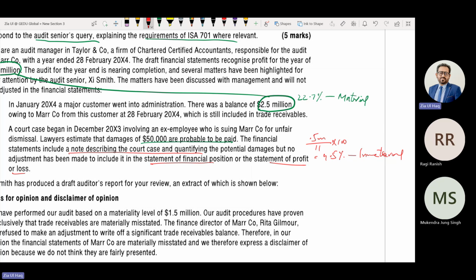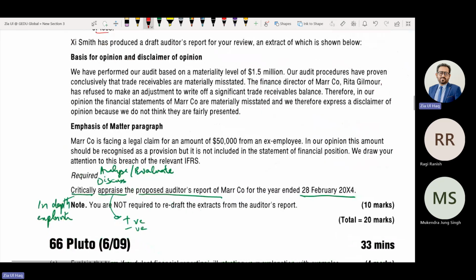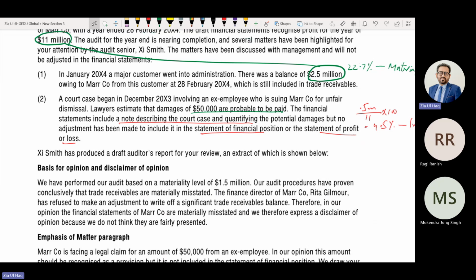We haven't started our answer yet, because for the answer we need to appraise the proposed audit report, and we haven't seen the proposed report yet. This is the story behind the report. What were the issues in the company that we found during the audit, and what could be the implication on the report. We are analyzing the situation. So for this company, we realize there must be a qualified opinion if there is no other misstatement.